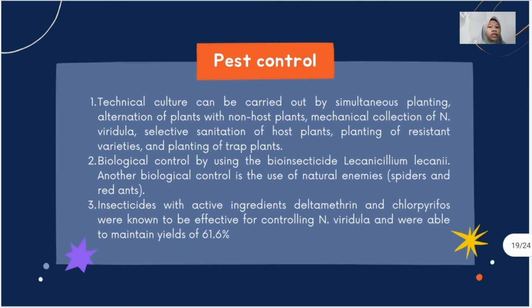For pest control, first, technical control can be carried out by simultaneous planting, alternation of plants with non-host plants, mechanical collection of Nezara viridula, selective sanitation of host plants, planting of resistant varieties, and planting of trap plants. Second, biological control using the bioinsecticide Lecanicillium lecanii. Another biological control is the use of natural enemies, spiders and red ants. Third, use insecticides with active ingredients deltamethrin and chlorpyrifos, which are known to be effective for controlling Nezara viridula and were able to maintain yield of